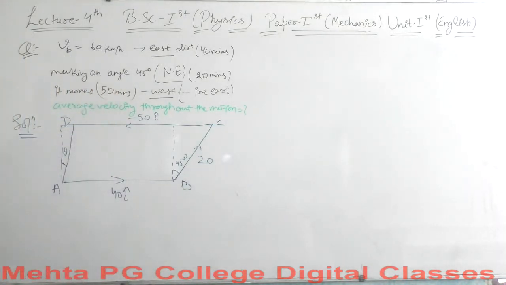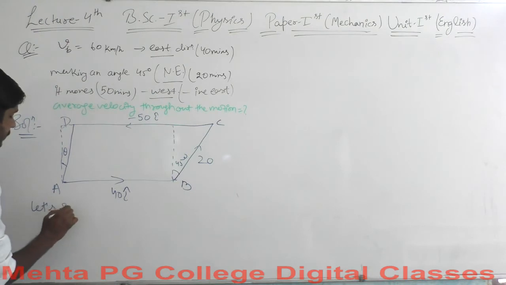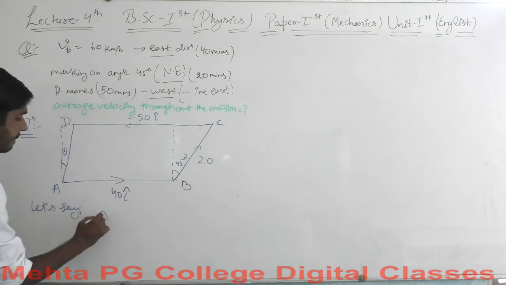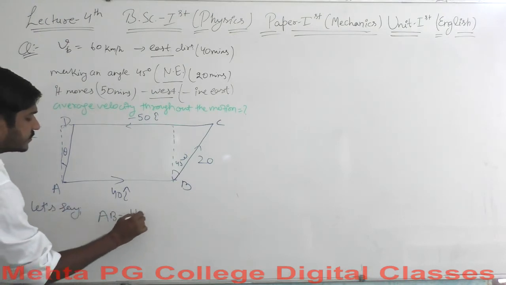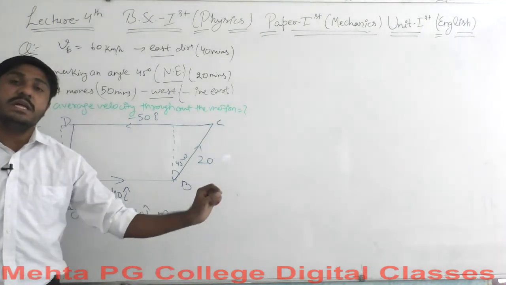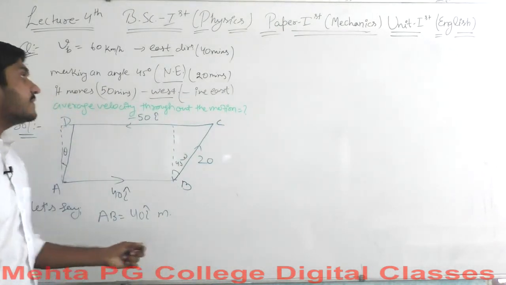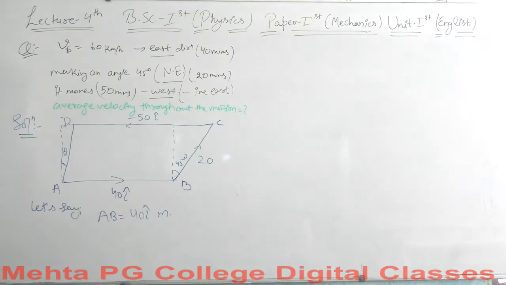So let's begin with the example, saying that AB is equal to 40 i cap minutes. It is only minutes, because we are not talking about the velocity component. We will use the time components for our reference, and then we will use our velocity component step by step. This is the 40 i cap minutes for AB, and for BC it is,